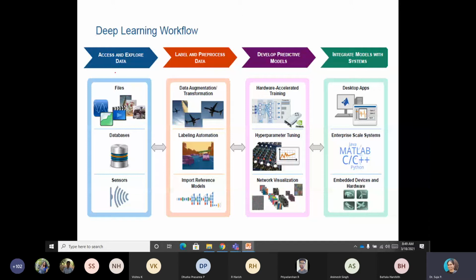So in the learning workflow, the input comes from a file, a database, or from a sensor like a camera or temperature sensor, whatever it is. And then the pre-processing. I will be explaining this augmentation in the next slide. What is meant by augmentation is you are trying to increase the number of samples.